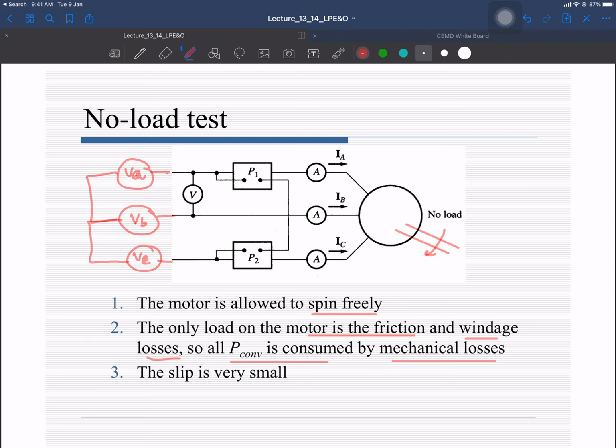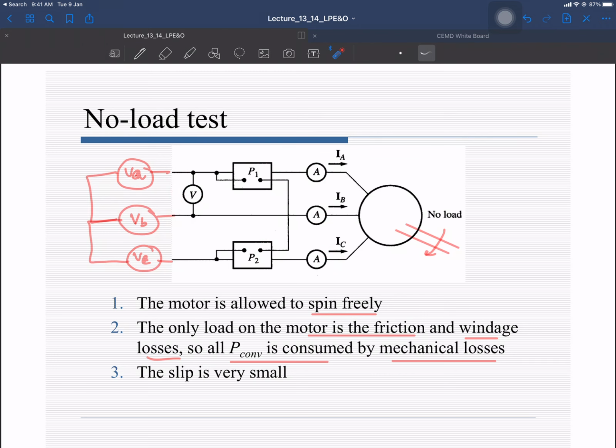So where is that mechanical power going? Why are you taking the input power? You are taking the input power to overcome the friction and the windage losses and the mechanical losses of your machine. So here you can see the power meters. 2 watt meters are being used. You are measuring the currents of all of these phases, and you are measuring the line voltage between line A